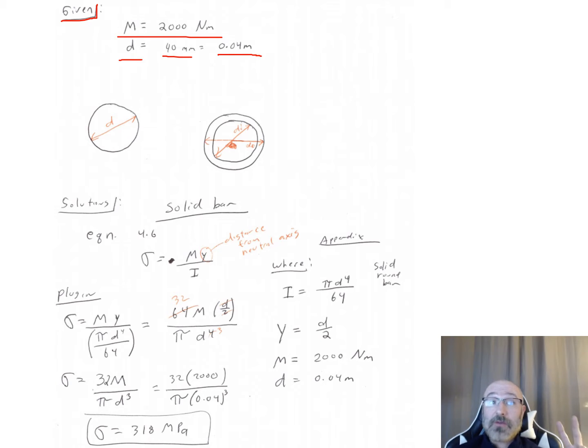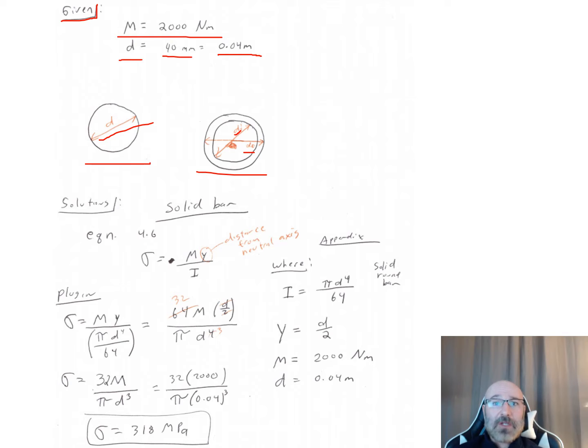So now I have two different situations. I have a solid and a hollow. In the solid, that's my D. On my hollow, I have a D inner and a D outer, and I know the relationship between them is that 1.15. So as we begin our solution, the first thing we want to do is take a look at that given information